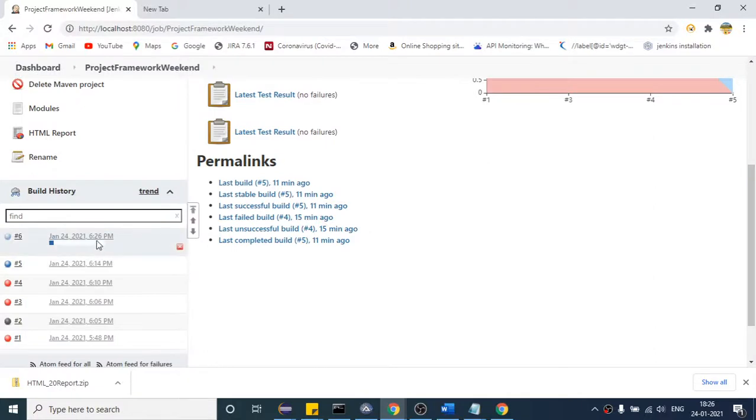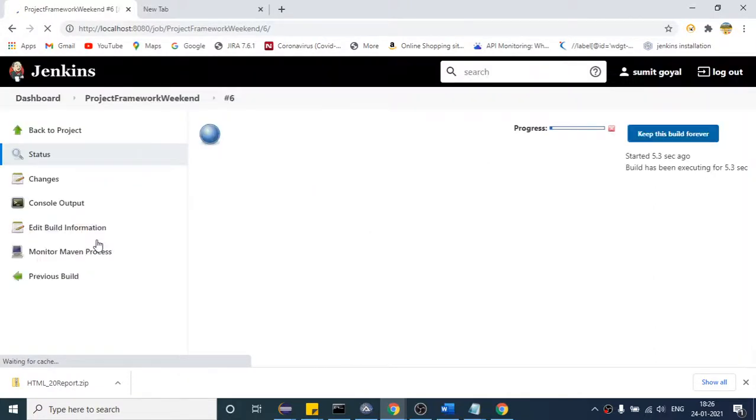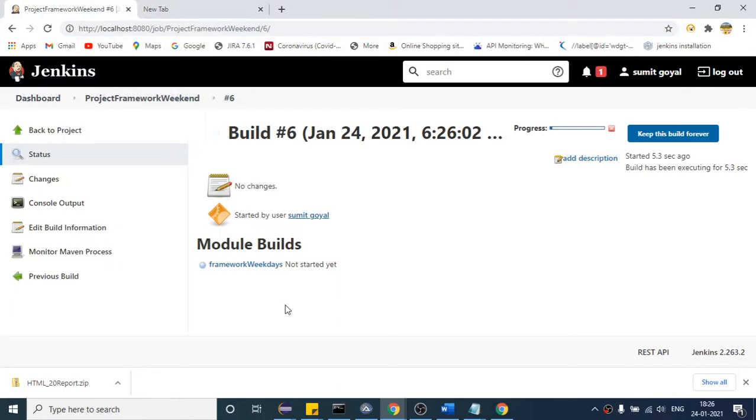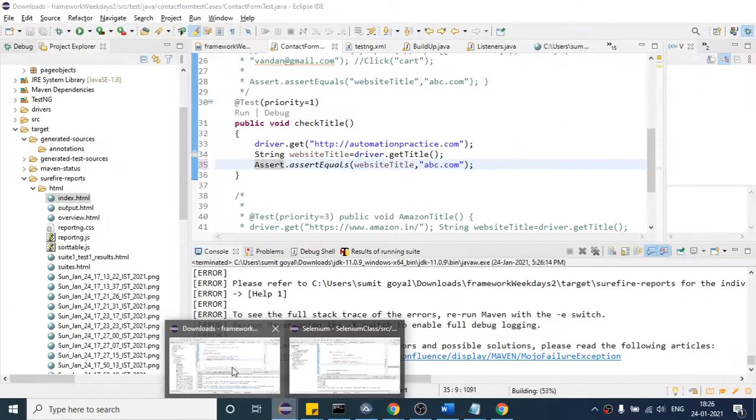It has started to run. Let us wait for that to run.